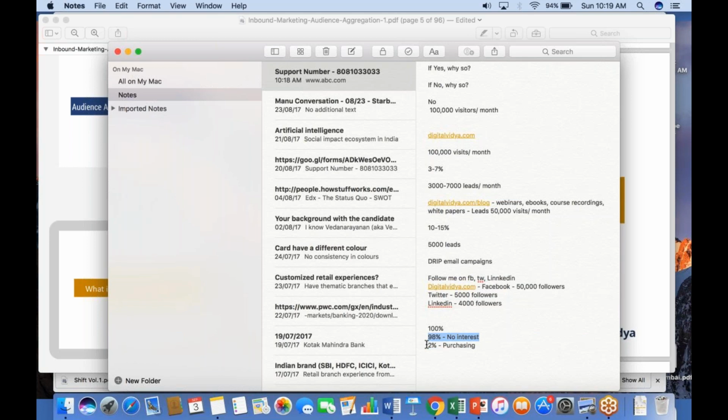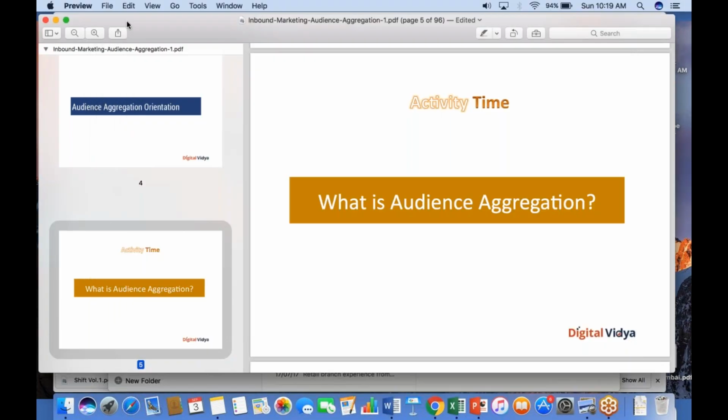You've got to slice and dice them into multiple demographic, geographic, interest-based buckets and send them targeted messaging by aggregating them into specific audience sets and sending them customized messages, either through email, through follow-up email campaigns by capturing the lead information, or through social media. You with me so far? Any questions? Okay, cool. Let's move on.